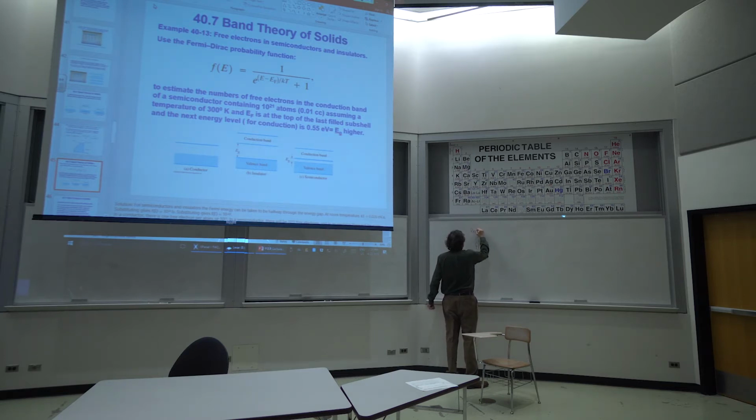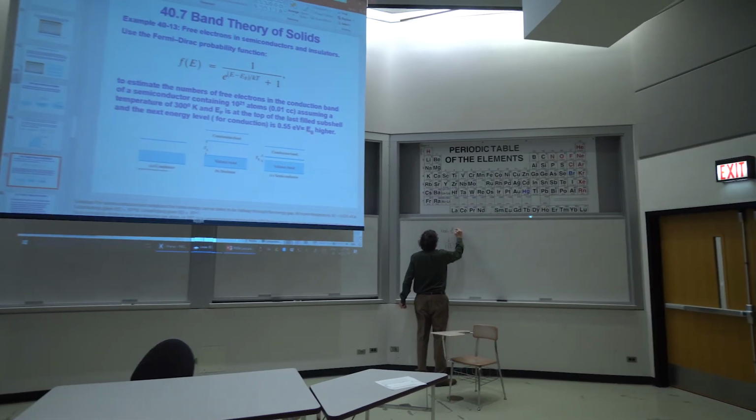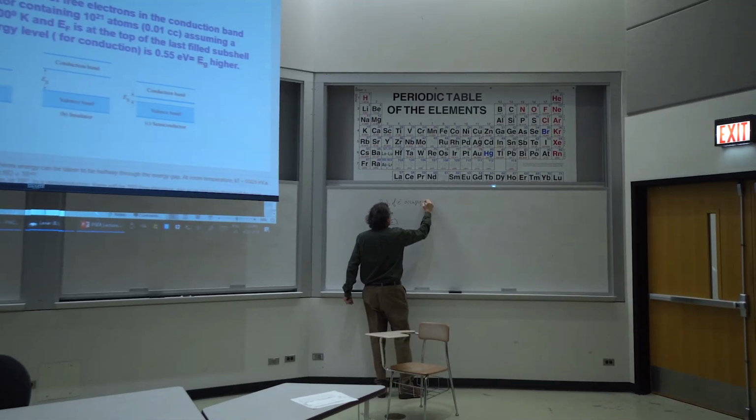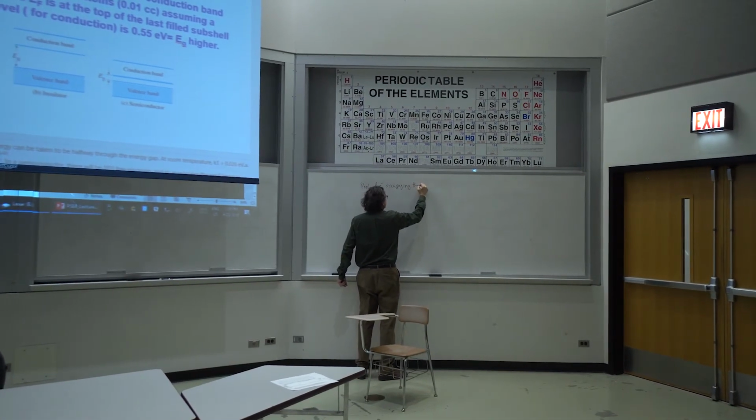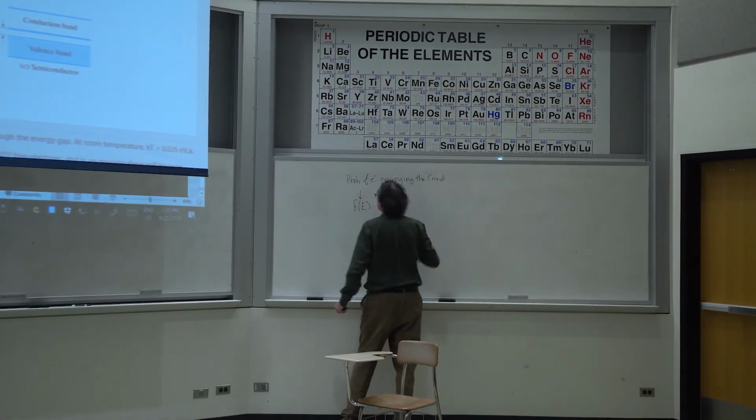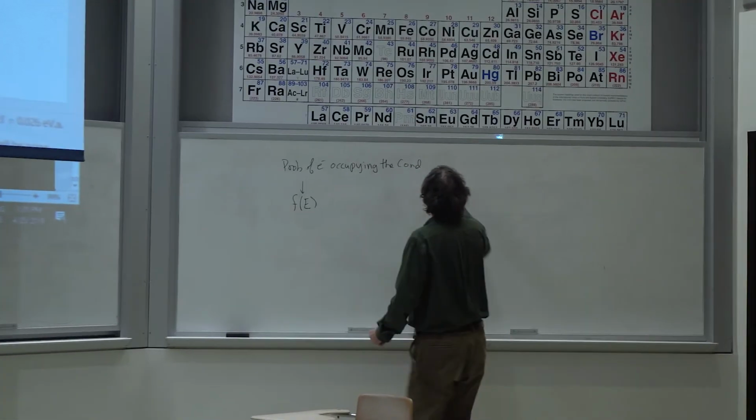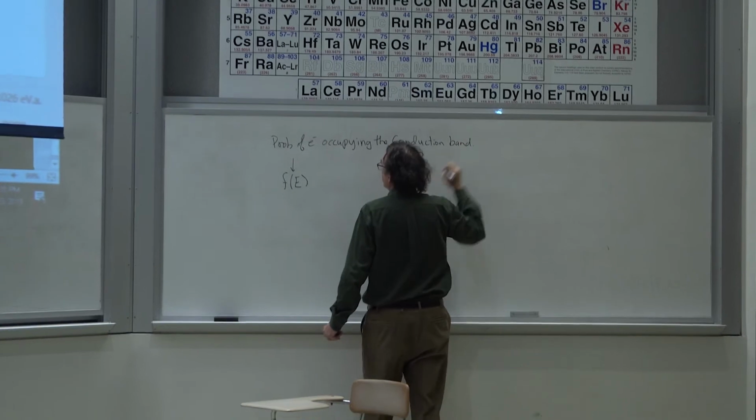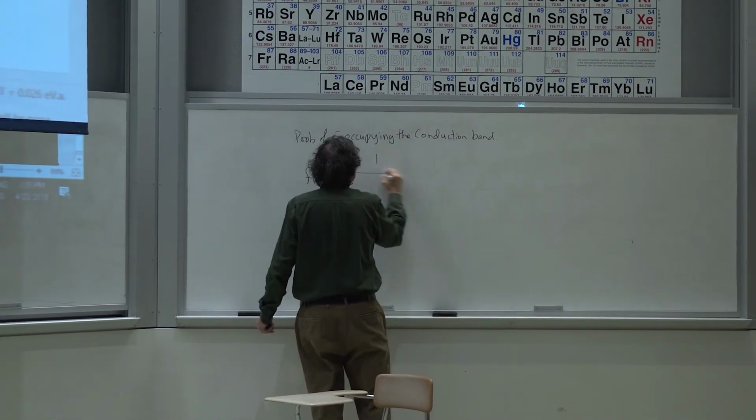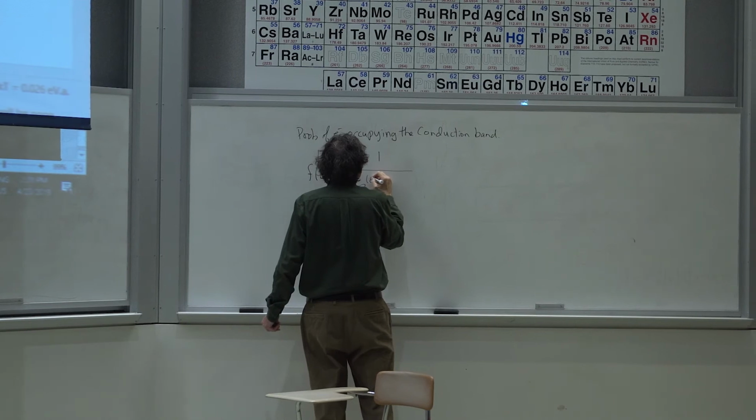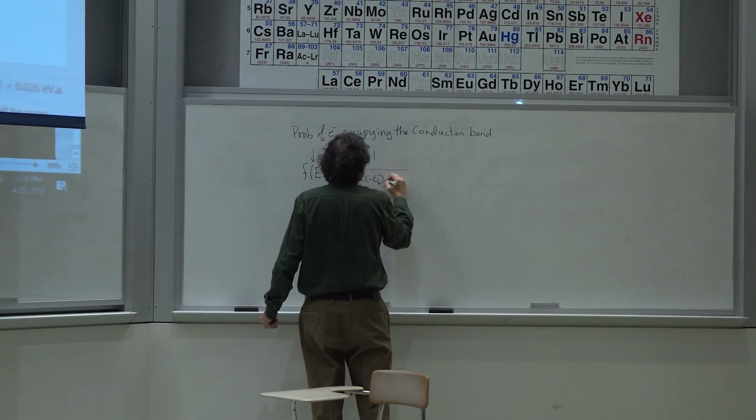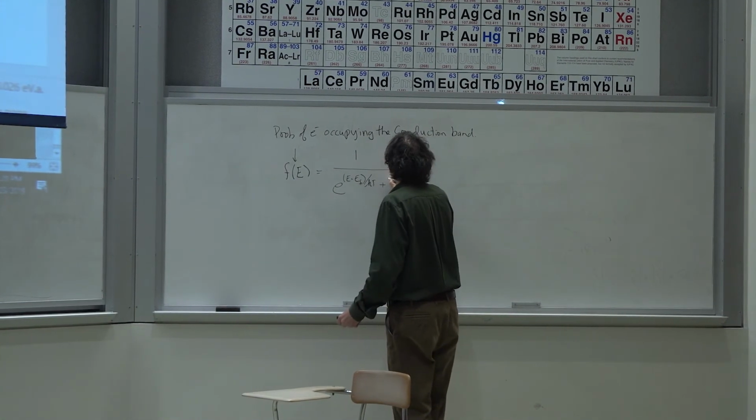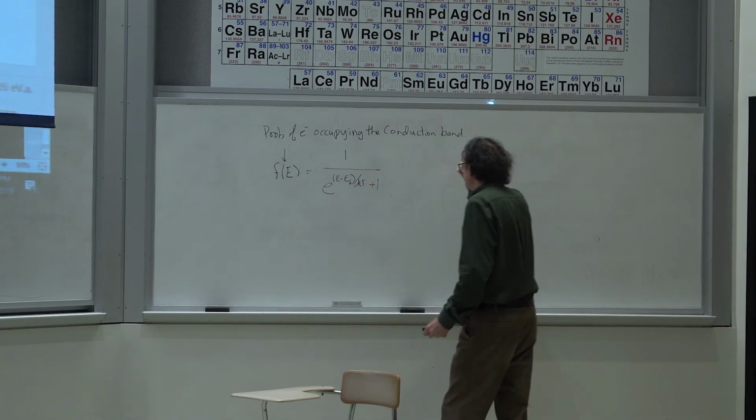so this is the probability of an electron occupying the conduction band, is given by 1 divided by e to the (E minus E_F) over kT, plus 1. And if I evaluate this for